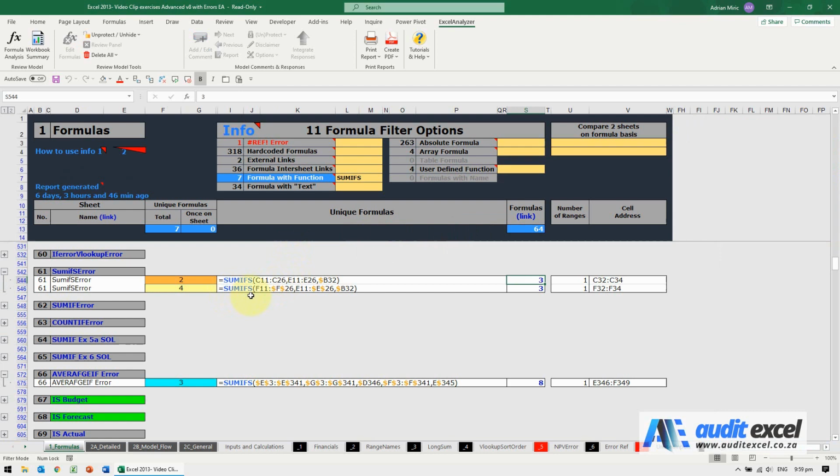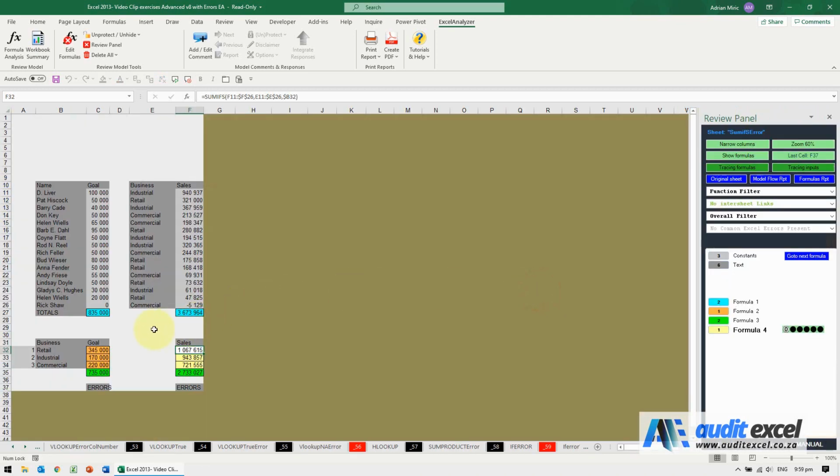This one as well seems to be a bit of a risk. It talks about F11 but no dollar signs, E11 dollar signs. So let's go see what that one looks like. Same area, let's go trace formula. So again, the first one looks fine. And now what you'll see is in this case, the dollar sign at the bottom is stopping this from moving, but the area we're looking at is getting less and less. As a result, you're likely to have missed out something.